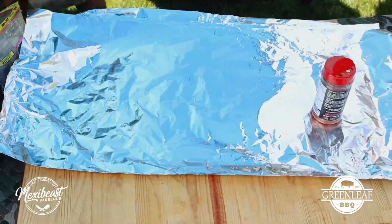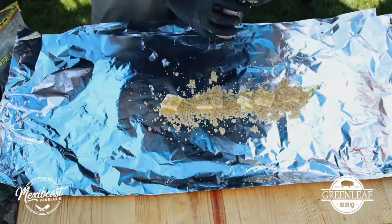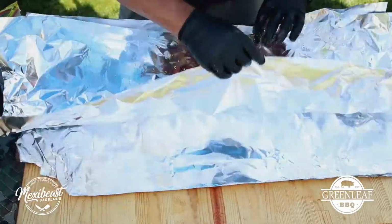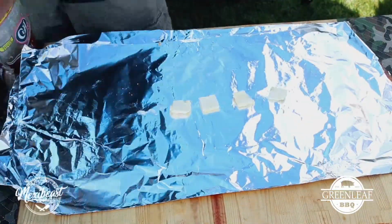Putting your brown sugar, your butter, and your honey on top and bottom. And remember, meat side down. Also, put a little of that rub back in the package. It's all gonna be good. It's all gonna break down and create a beautiful juice that this meat is gonna bathe in and get nice